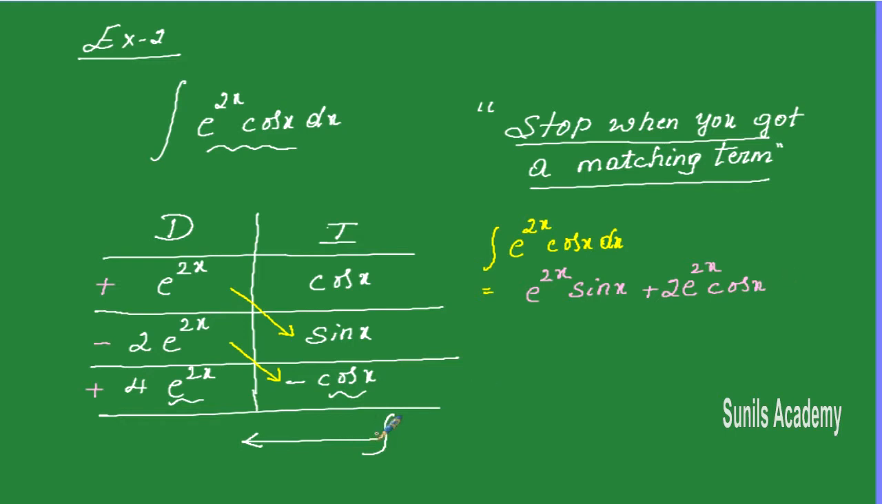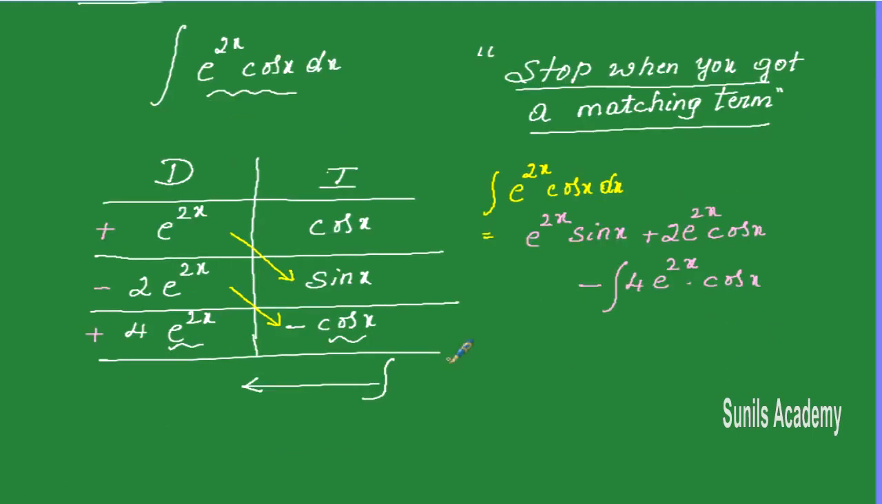Now we have to integrate backwards. Now consider what we have. Plus into minus is minus. The integral of 4 into e to the power of 2x into cos x, isn't it? Then